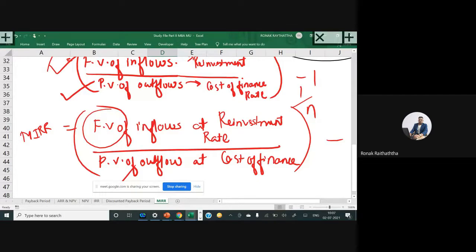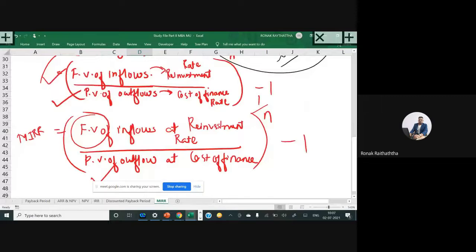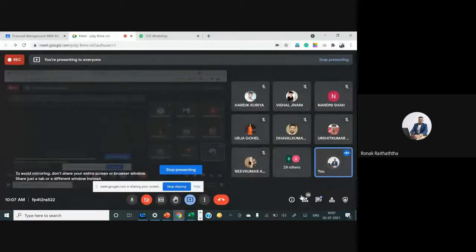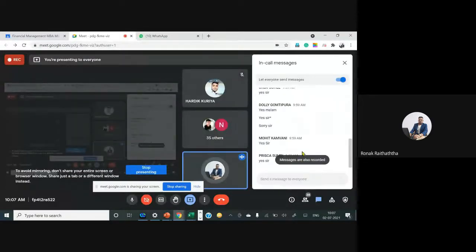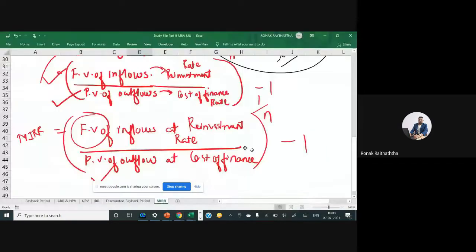Till here, has everyone got everything? May I have a confirmation, please? Please take a snap of this formula, all of you. Are you getting everything till now? Mr. Hardik, Mr. Neve, Mr. Vishal, Ms. Krishka, Mr. Dhaval too, amazing, nice to see. Mr. Mohit too, very good. Nice. For those who didn't understand, there is no other option left, you will have to memorize the formula.